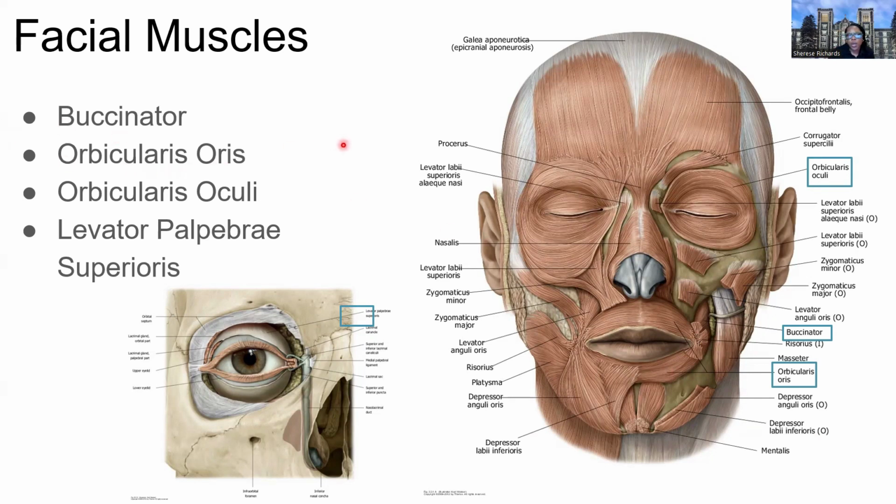And then we have two orbicular muscles. Orbicular means that these are rounded, sphincter-like muscles. Orbicularis oris around the mouth. This helps with certain actions of kissing, eating, chewing, certain phonetics in speaking, sounding out certain words. And then orbicularis oculi is around the eye. That is important